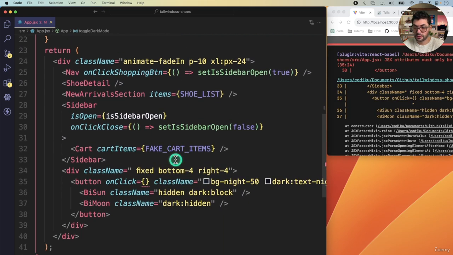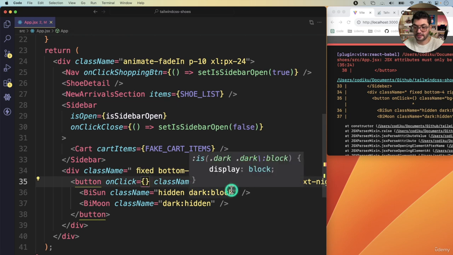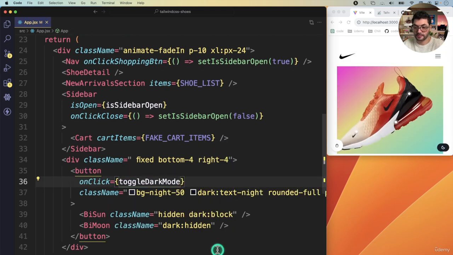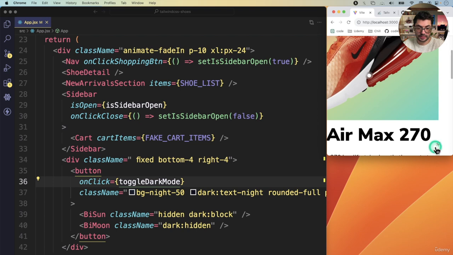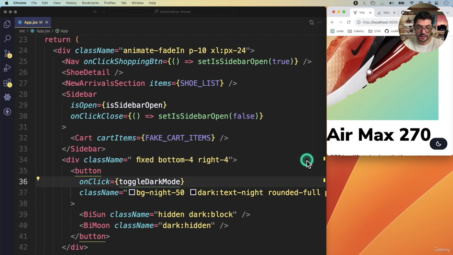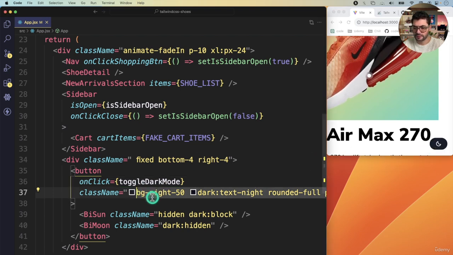Okay. And now I'm just going to send this function to execute on click. Now let's try. If I click, yes, it seems to be working. Okay, I'm going to zoom a little bit so you can really see. Okay, it's working. Maybe we could add a bit of shadow just to make sure we see the button when